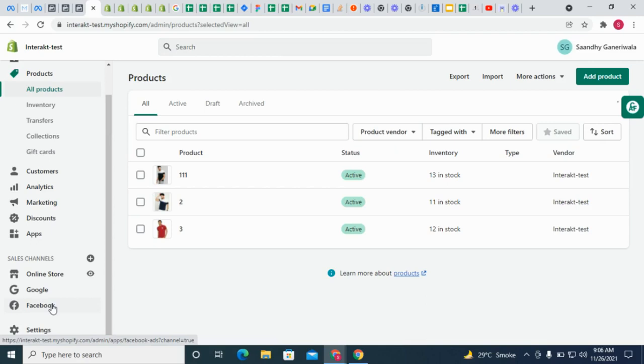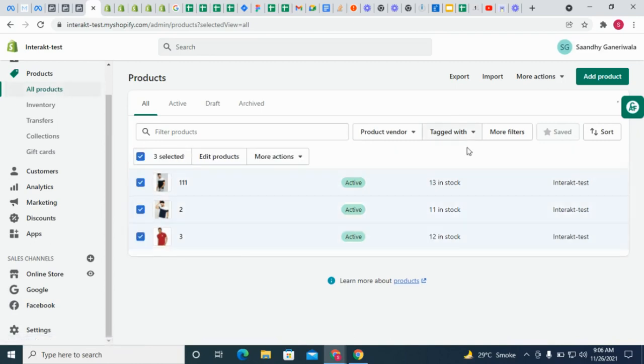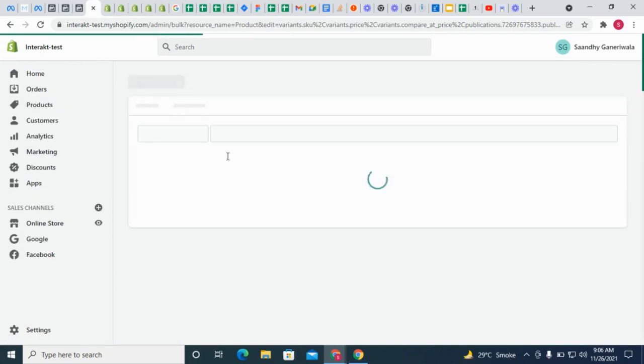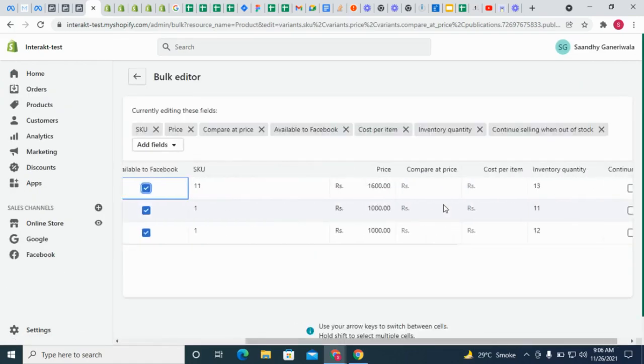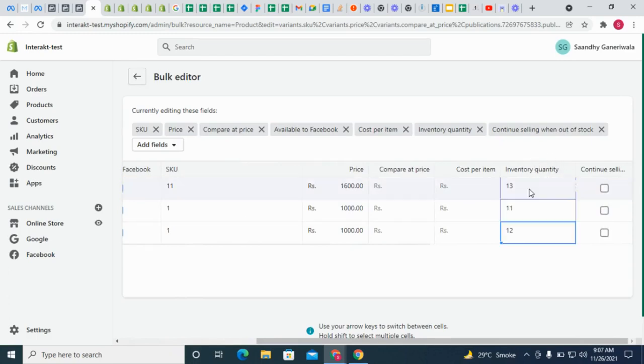To ensure that something gets updated in your products on Shopify, you can try this out. Simply go to products here and select all products. Here we will add the field inventory quantity. Select the cells under this column for all products by pressing on Shift and the down arrow. Then click on a cell and increase the quantity by 1 or 2 for all the products. And then click on Save.